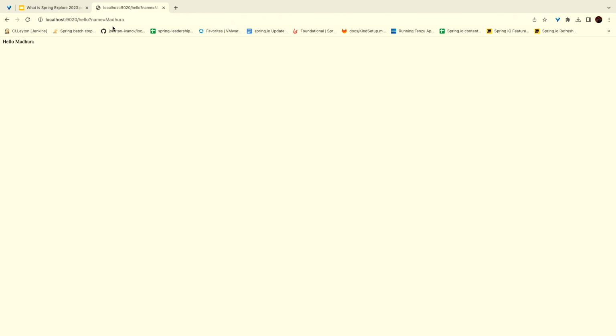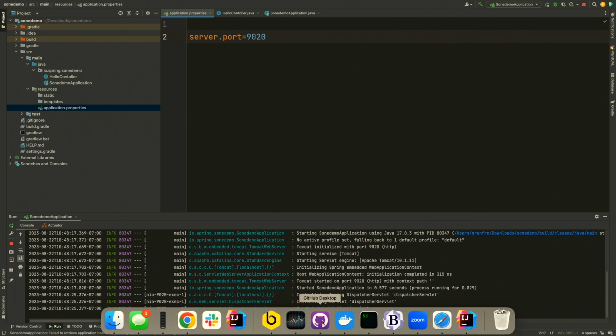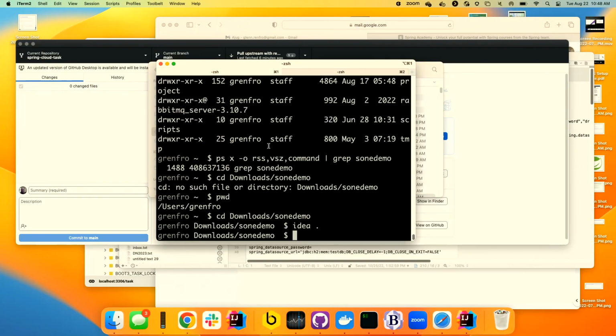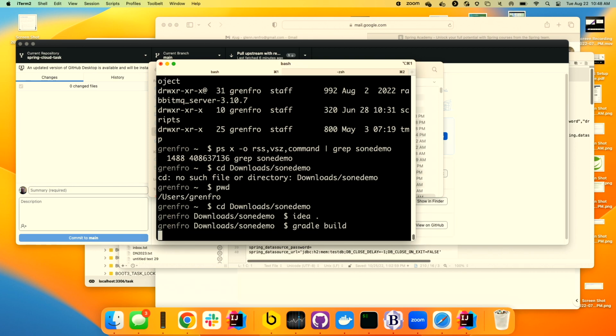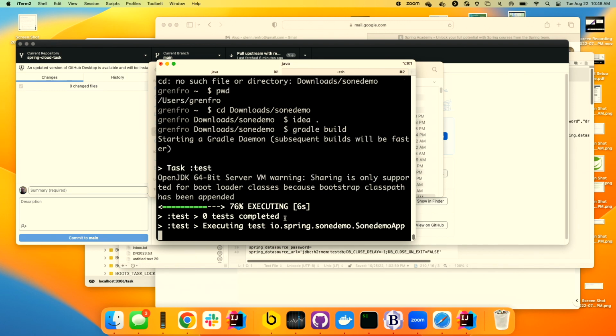Well, there we go. Bob, real quick, can I do an experiment? Not like the one I did before, but maybe something that works a little better. In this case, what I want to do is see how long it took for our application to start. So if I do a Gradle build, and I'm going to just build it, the jar, right? So I'm going to build our project. And the thing that I want to be able to do with this project is to see how long it takes to start, and I want to see how much memory it takes, right?